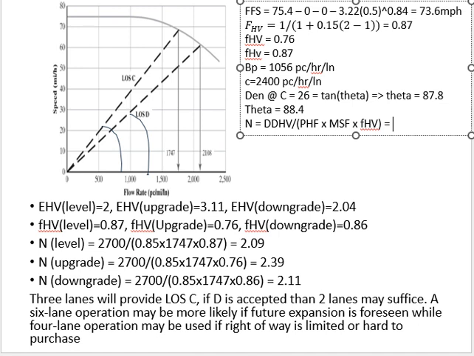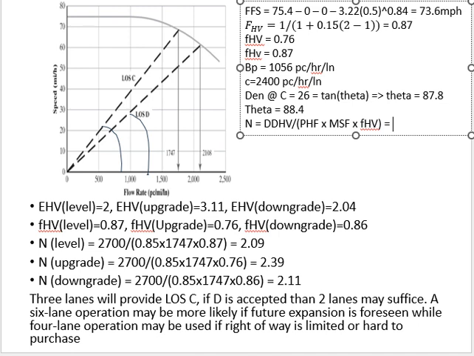Can I give 2.09? It's very close, right? 2.09, 2.11 is very close to 2, right? Why should I give 3 lanes when it is close to 2? Why don't I round off? If you round off 2.09, it will be 2 or 3. But I'm using the maximum